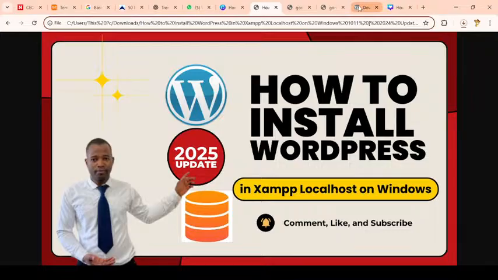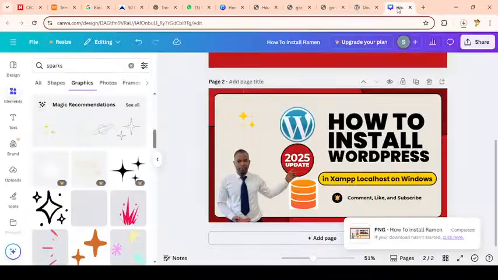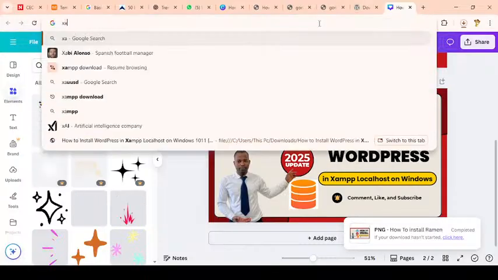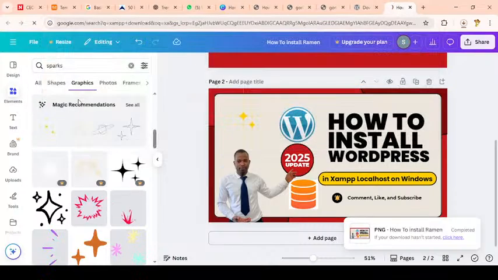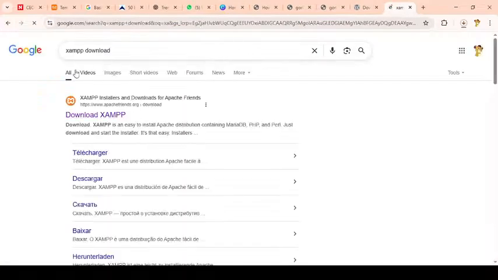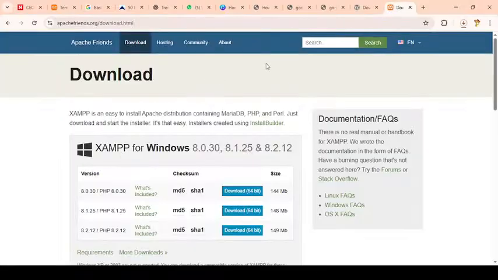So for you to get the Xampp server, still you're going to go to your browser, then you type in Xampp download. So when you type in Xampp download, it's going to display this. So the first link is www.apachefriends.org. So this is our main or major website where you can download Xampp. So this is our Xampp,